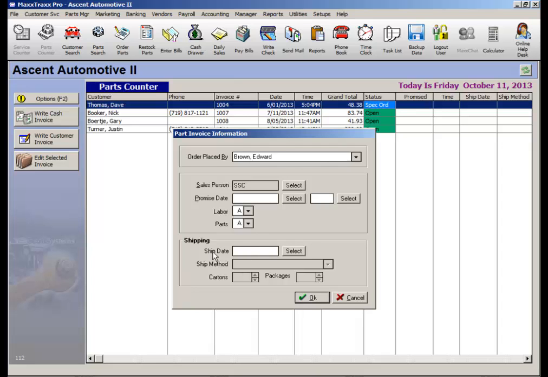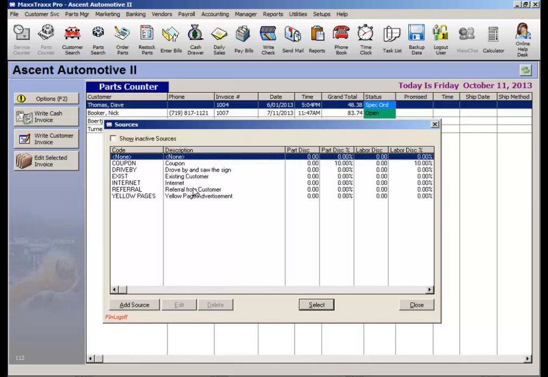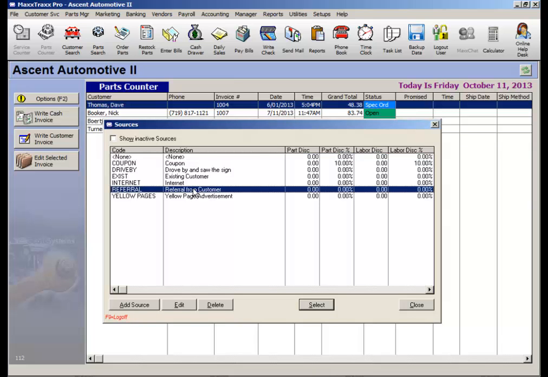Shipping information can be entered down here if your shop is shipping parts. The ship method field will be activated if we enter a date, and then we can select from the drop list for our shipping method, number of cartons, and total number of packages. Click OK. I have the customer source as a required field in my setups, a pretty valuable piece of information to collect when you're budgeting for marketing. Click Select